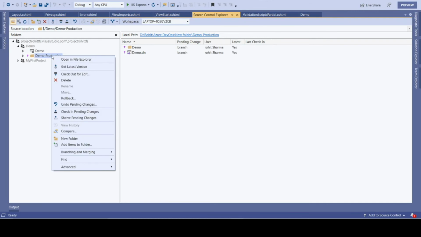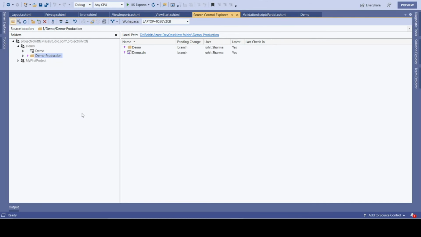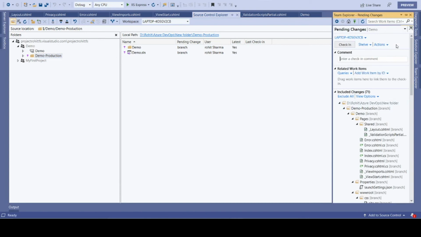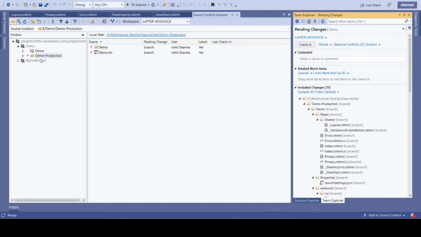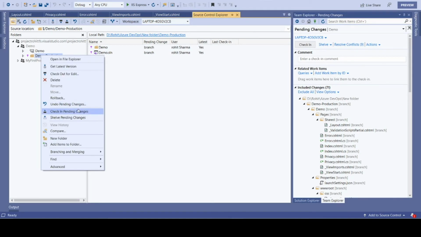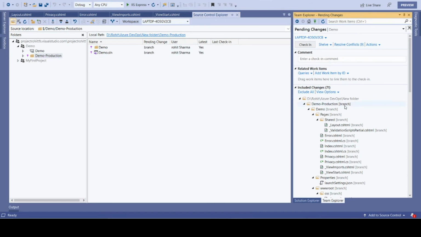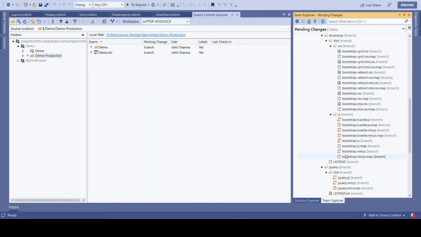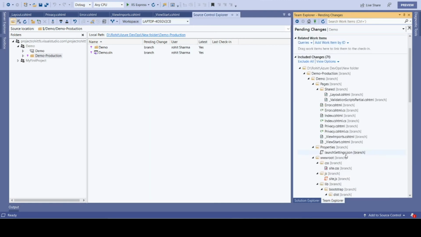This project is as of now not checked in, and I have to check in this project also. To do that, I right click on the project and select check in pending changes, and this window comes up. If you see, all the changes have the word branch in brackets, which means they were created while we created a branch.